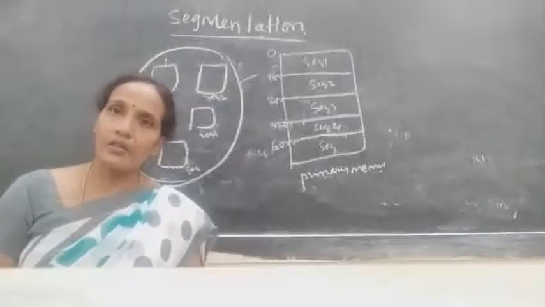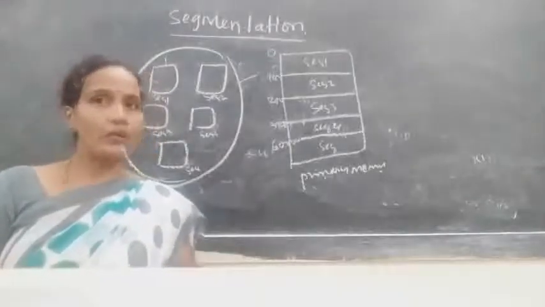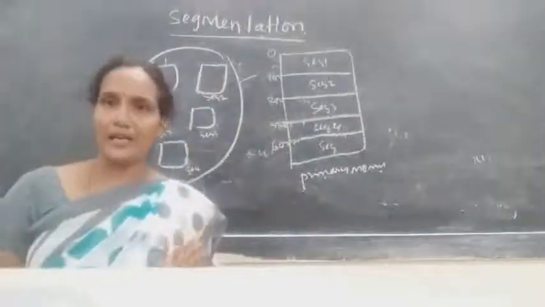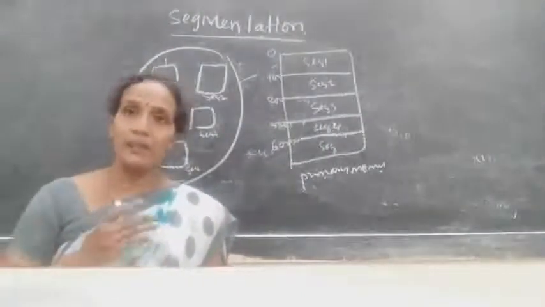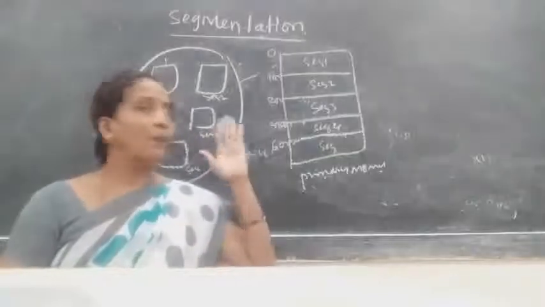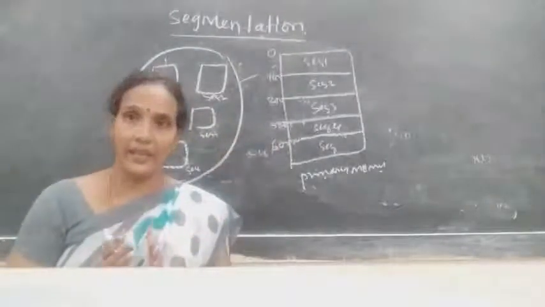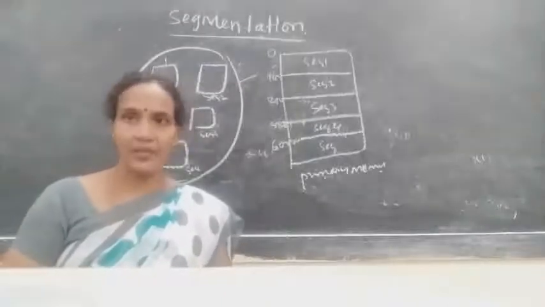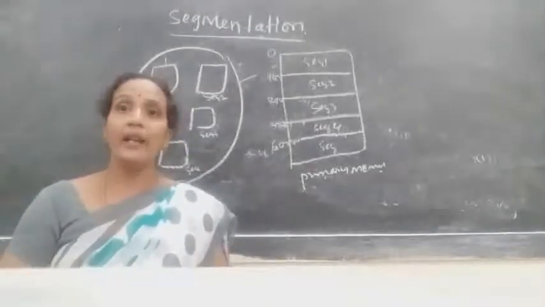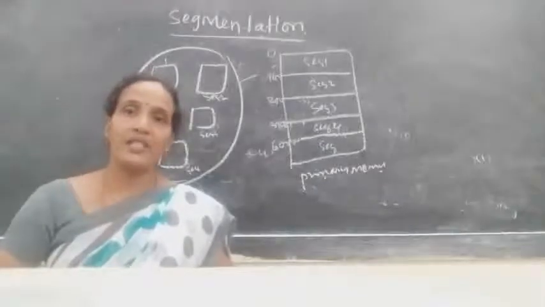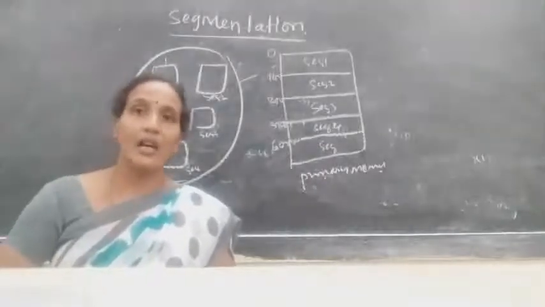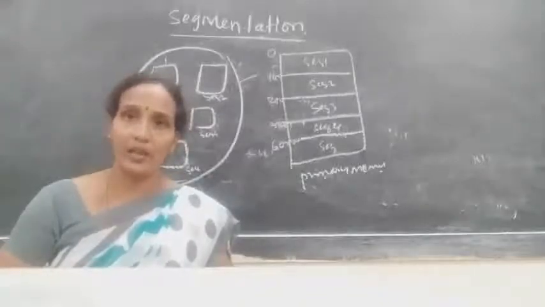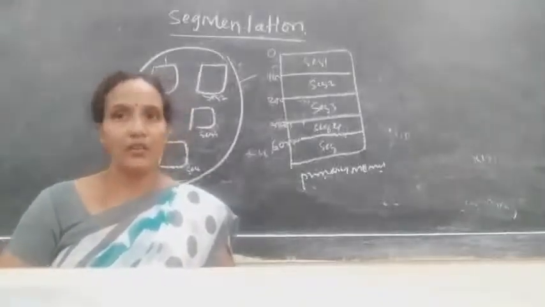Okay, understood? And one more point is, whatever segments, whatever parts you have, it is not compulsory that all the parts should be of the same size. In case of paging, all the parts are the same size, but there is internal fragmentation in paging. For example, for each part you give 100 bytes of memory, but the program consists of only 60 bytes of memory.